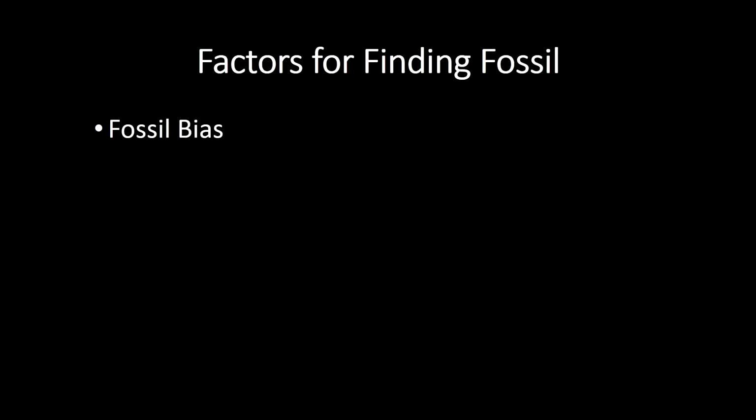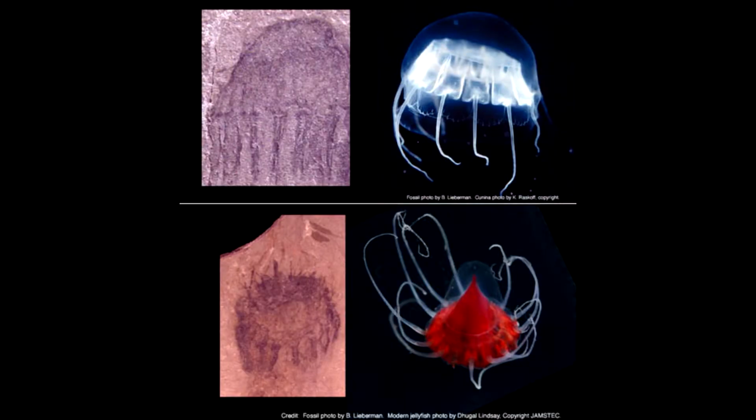One of the first factors causing fossil rarity is known as fossil bias. This concept means that some kinds of organisms are found much less frequently in the fossil record than they would be if they were alive. Animals with hard shells and skeletons are well represented in the fossil record, but those with soft bodies like worms or jellyfish are poorly represented. As a result, we may never know most of those species that existed.